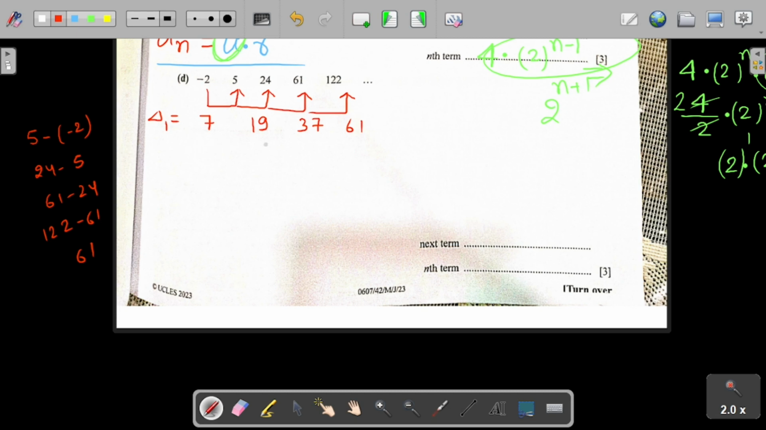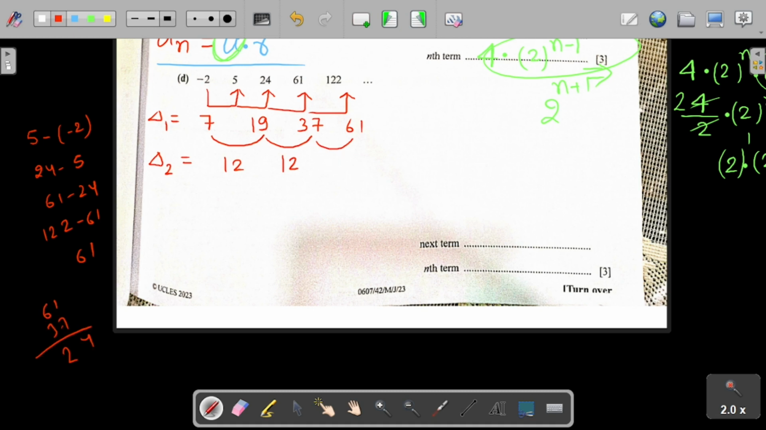Right. So as you can see, the first difference is not a constant. So we will try to find the next difference. Again, 19 minus 7, that's 12. 37 minus 19, it's again 12. 61 minus 37,